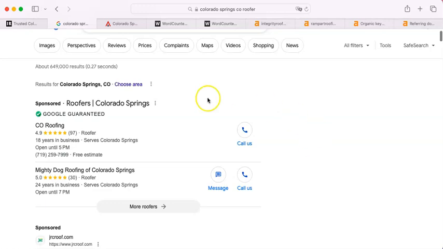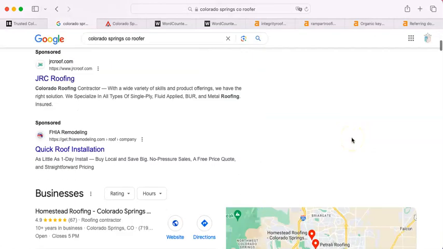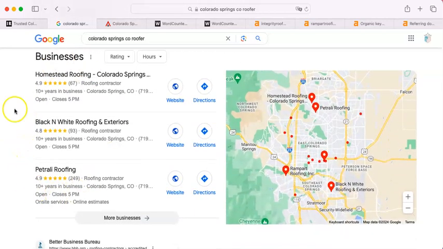From the beginning here, these are called sponsored, but that just means paid. Then there's more paid ones here, and those are above what we call the map pack. The placement of those is also determined by the Google algorithm, and the algorithm is looking for a couple of key things in your website itself in order to give you good placement. I'll tell you what those are in just a minute.